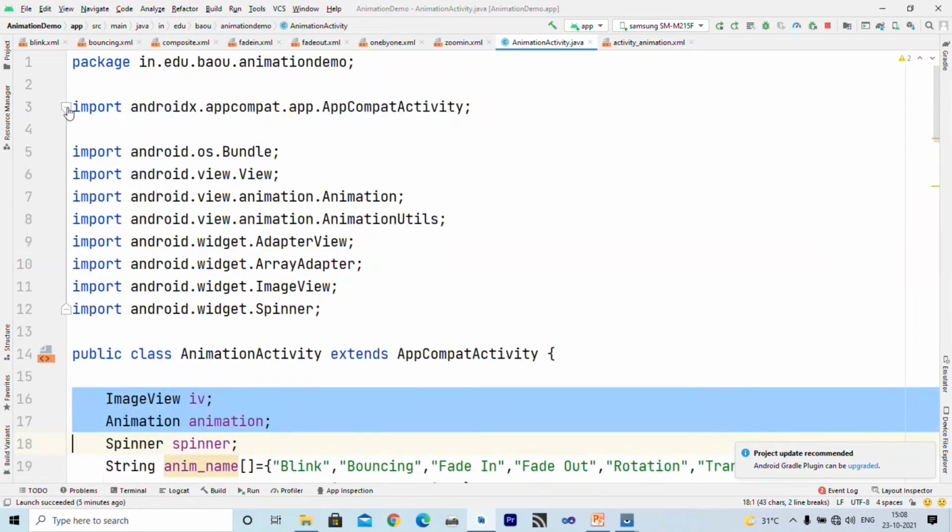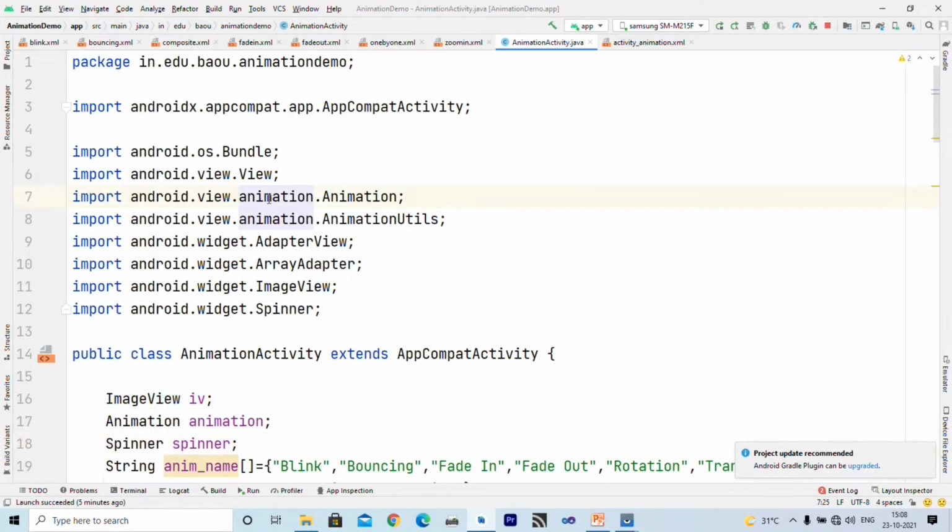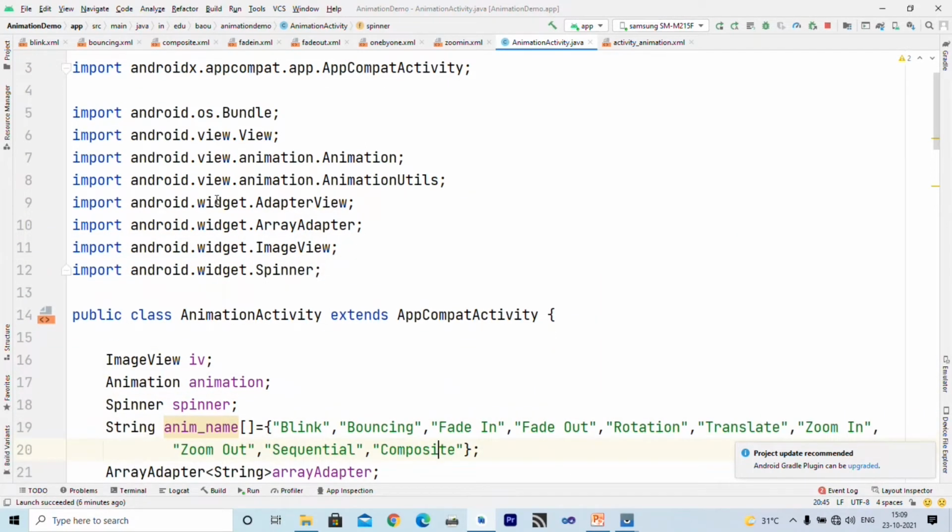If you see inside the imports, Animation is available inside the view package. Inside that there is the animation package, and inside that there is the Animation class, and one more class we use is AnimationUtils. These two classes are defined inside the view package.